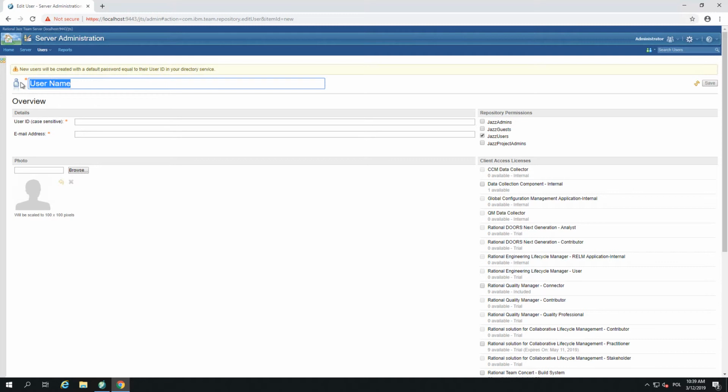So here we can create, for example, user one. The user ID will be user one as well. Of course, we can assign an email address which this person is using. So for us, it will be user1@recpro.com. We should assign repository permissions. So I strongly recommend to give them just users, don't give them just admins, because those are all the permissions